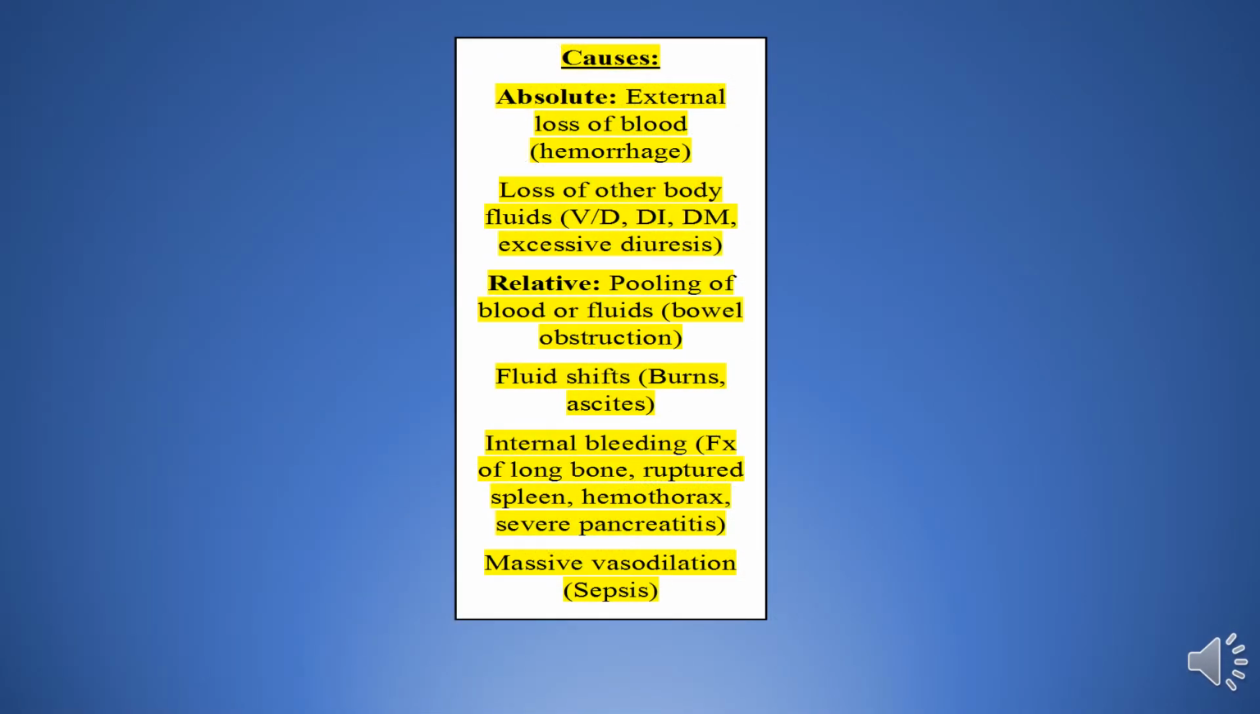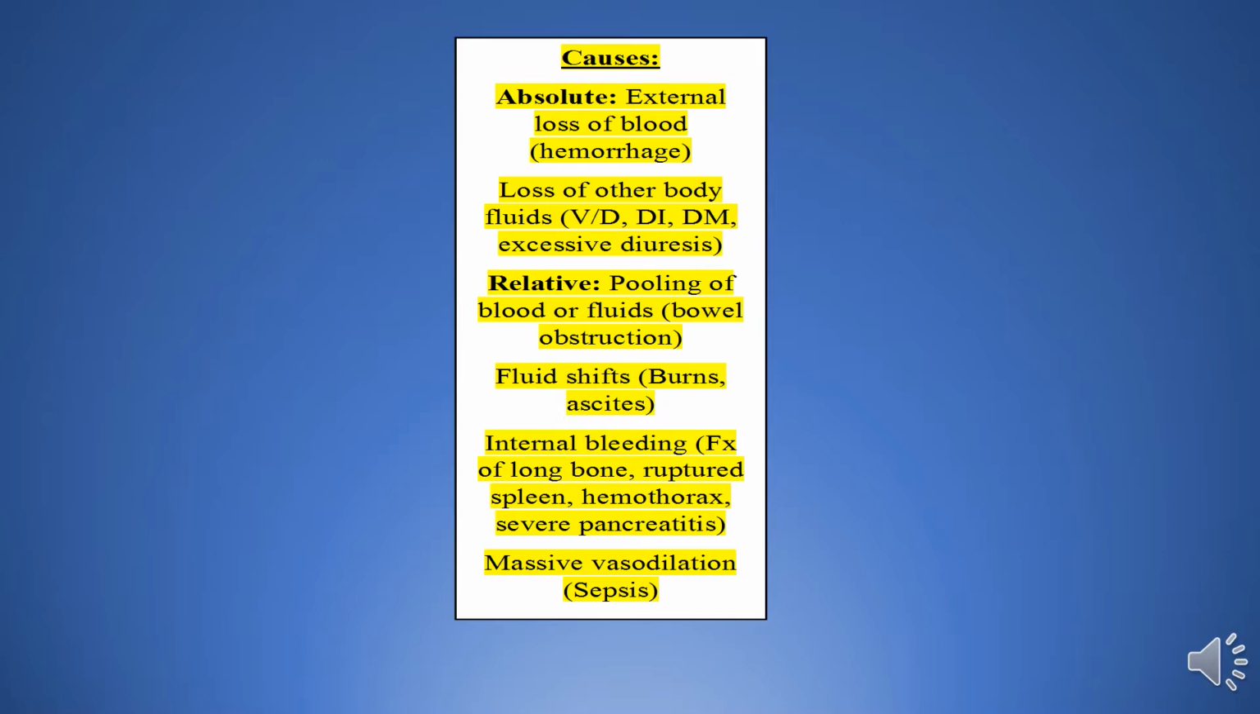Alright, we're going to do a quick overview of the pathophysiology of hypovolemic shock. Hypovolemic shock is going to occur when we have a large intravascular fluid volume loss. There are two different types. First, absolute hypovolemia. It arises when there is a fluid volume loss outside the body, such as hemorrhage from trauma